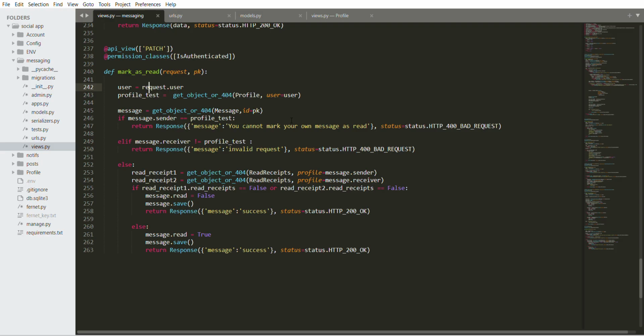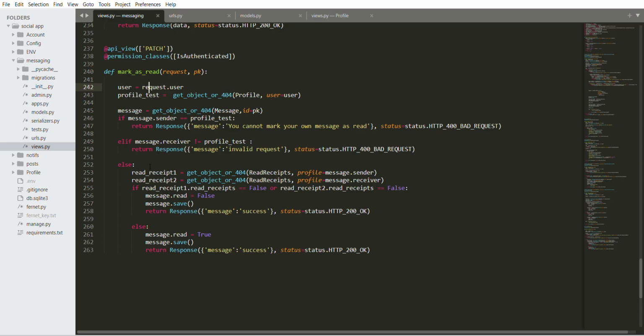So these are our two checks. If this passes, that means it is not the person that sent the message that wants to mark the message as read, and it is the person meant to receive the message that is receiving it, so these two checks are passed. Then we can proceed to do further checks.